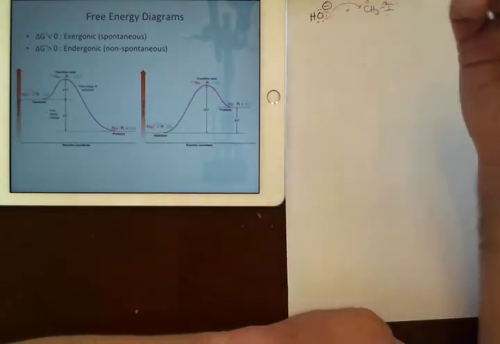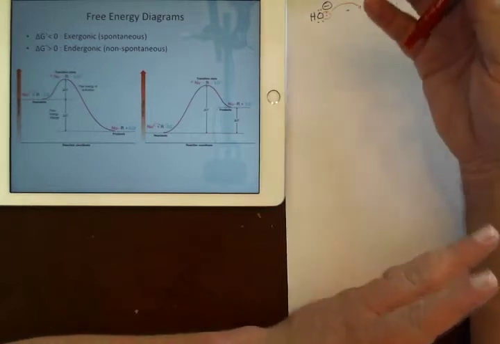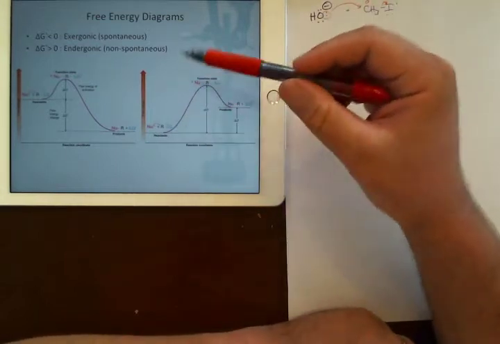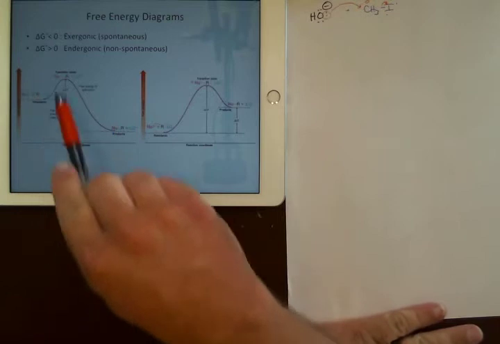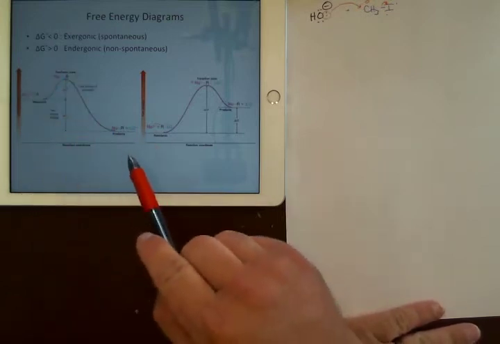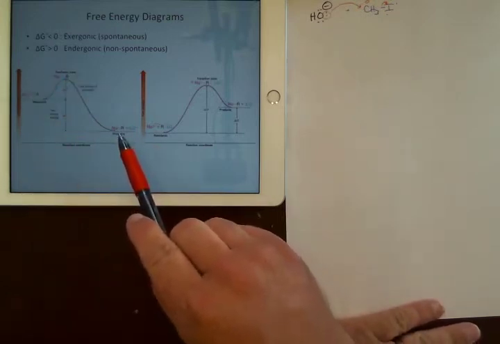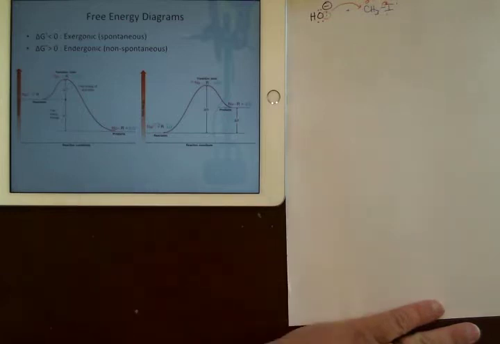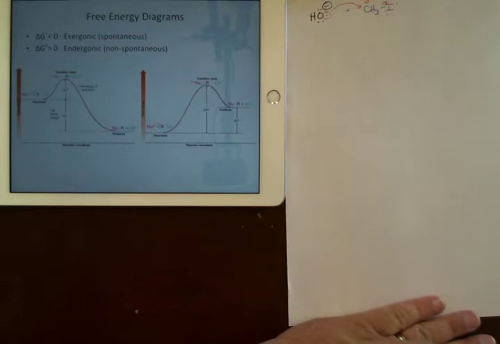So diamonds, the classic case, are actually a system like this. So if you have a diamond, it will eventually turn into a lump of graphite, but it's going to take 1 billion years to do it. So it is spontaneous. It will happen on its own if you just let it sit there long enough, but